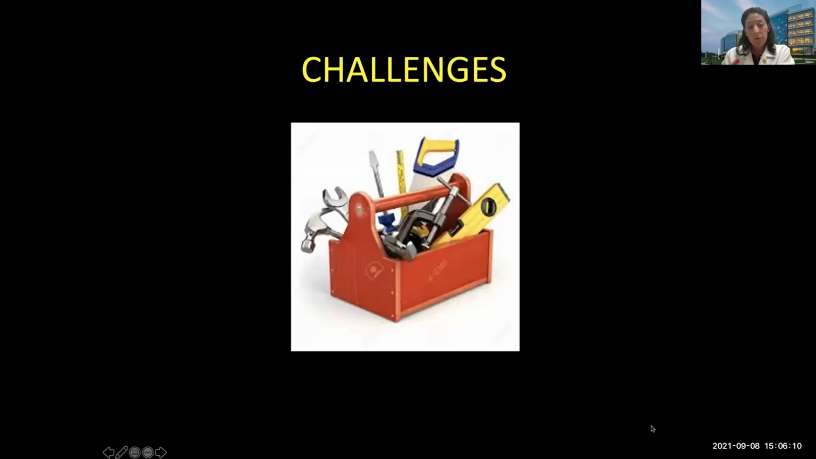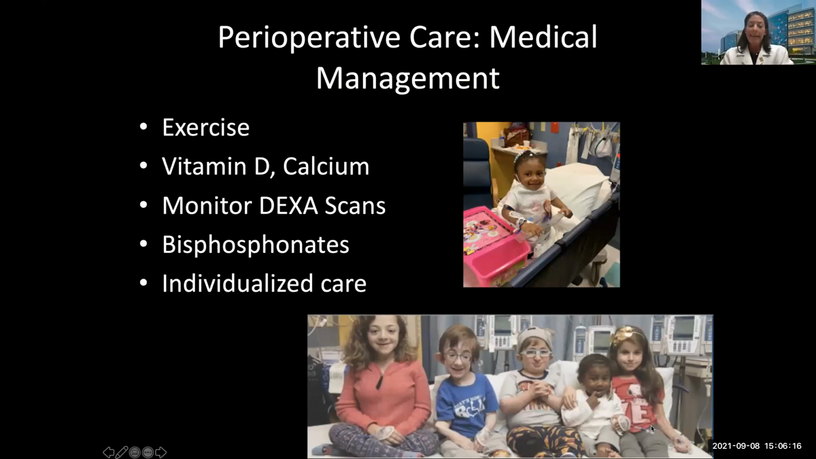So that brings us to today's topic. What are some of the things that challenge us the most as orthopedic surgeons in the treatment of our OI patients? And even more importantly, what are some of the items in our toolbox that we can use to address these challenges? I cannot emphasize enough that our orthopedic outcomes, our surgical outcomes, are very much dependent on optimizing medical